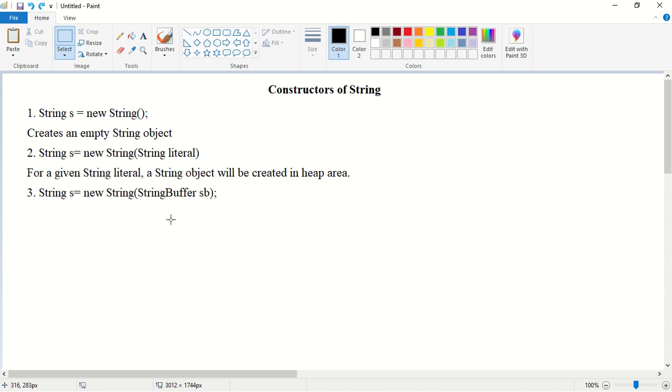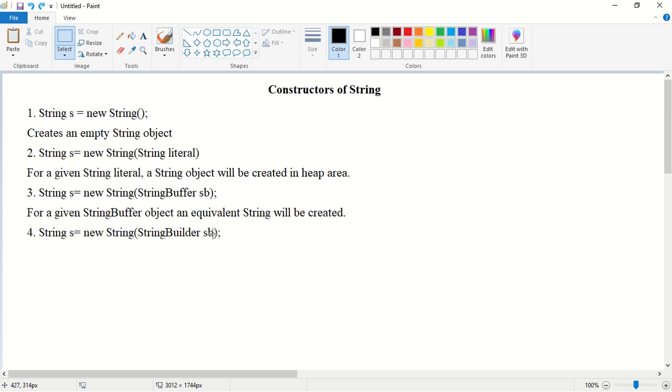That is, given a StringBuffer object, to get the equivalent string, I can make use of this constructor. Next, the fourth constructor is String s is equal to new String of StringBuilder sb. For a given StringBuilder object, an equivalent String object will be created.